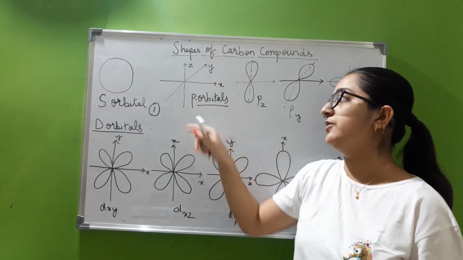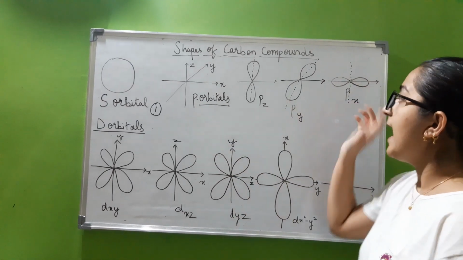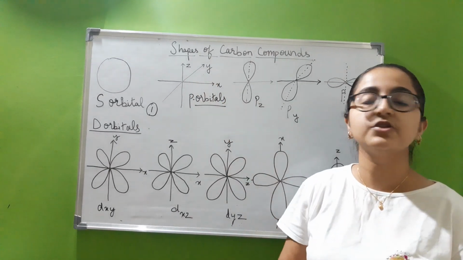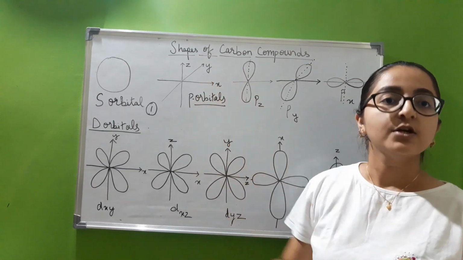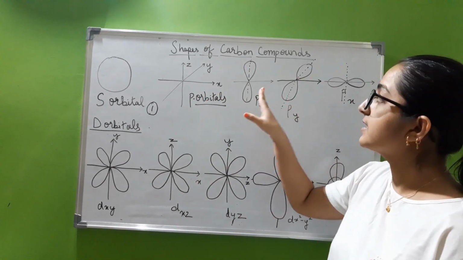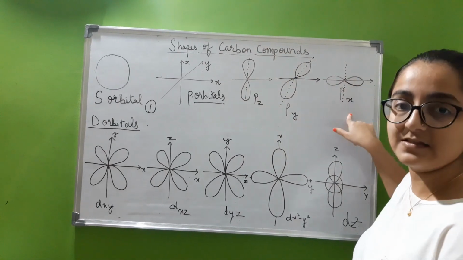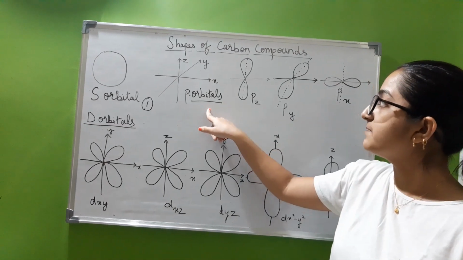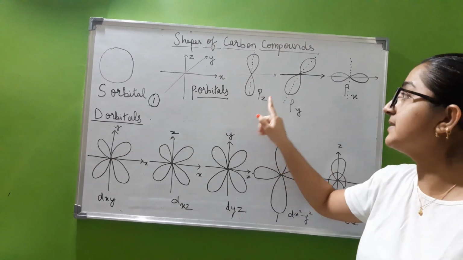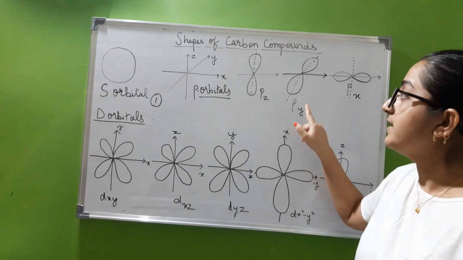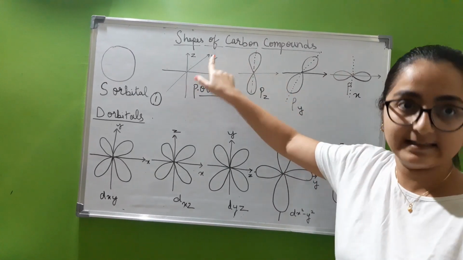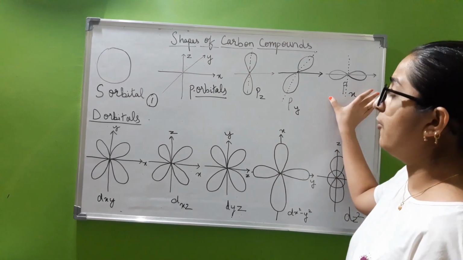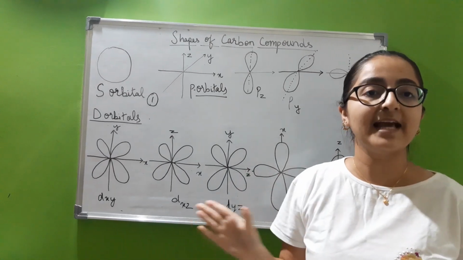While coming to p orbitals, these p orbitals are of this shape, and are arranged in three different planes. We are all pretty well versed with the x, y and z planes. Each of these p orbitals, arranged along these different axes, x, y, z, forms three different p orbitals. When the p orbital is present along the z axis, it forms the pz orbital. Along the y-axis, it is known as the py orbital. When the p orbital passes through the x-axis, it's known as the px orbital.